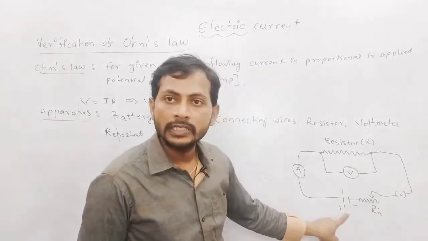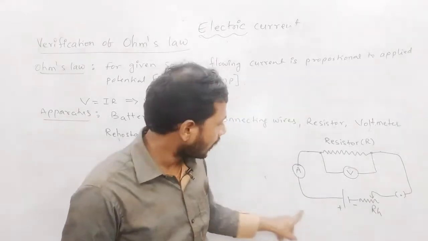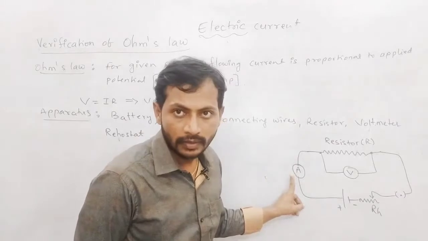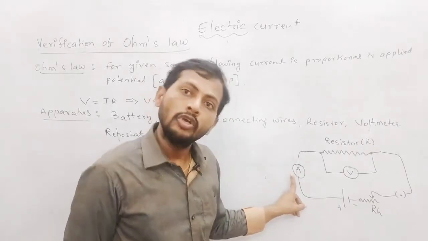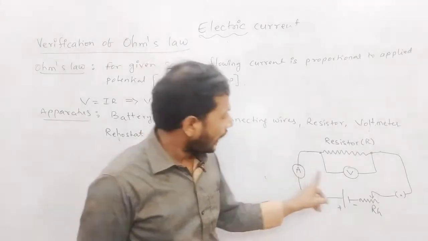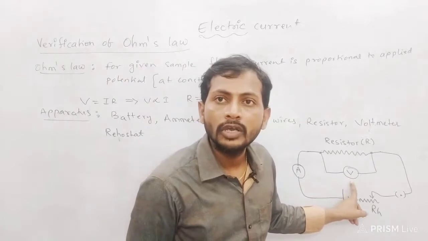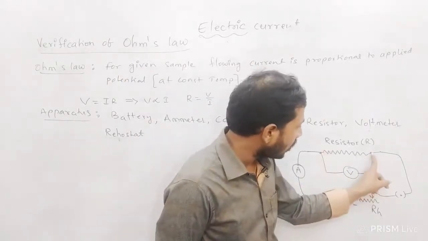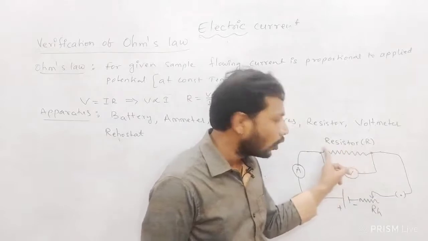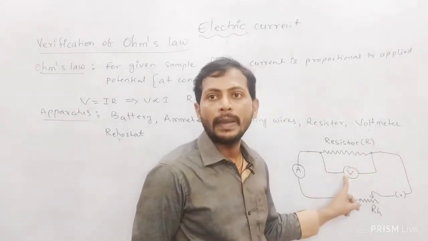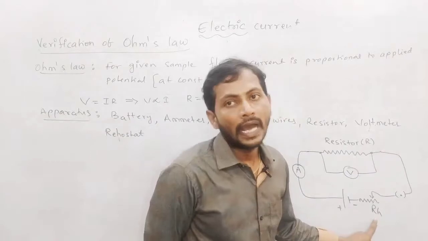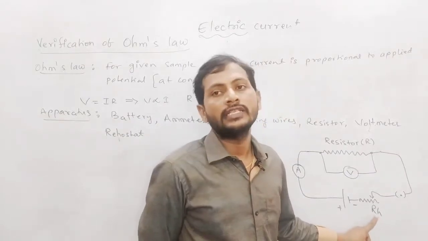Again, please observe this diagram. To give the potential, the battery is connected by wire through the ammeter. Ammeter for what purpose? To measure the current, sir. And the voltmeter I have taken for what purpose? To measure the voltage, sir. Why have I taken it in parallel, sir? Because I want to measure the potential difference between two locations. That's why I have taken the parallel. To change the amount of current, I have taken another one, the rheostat, children.